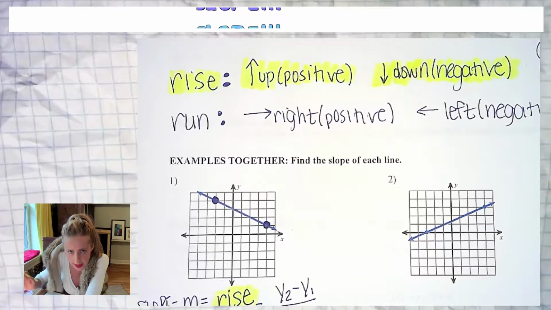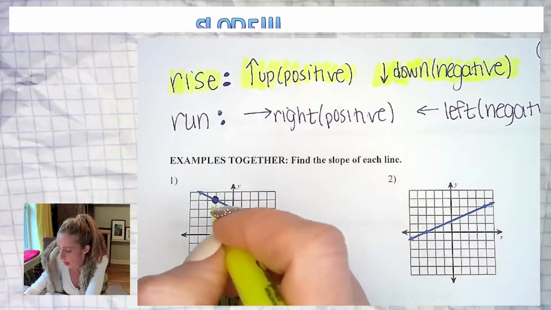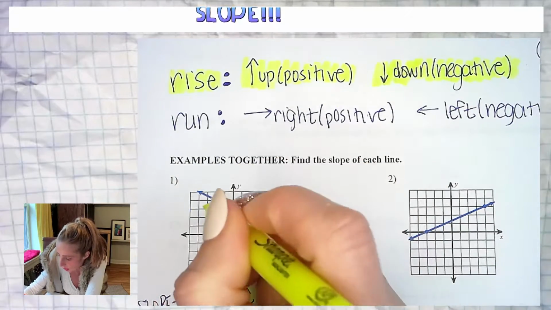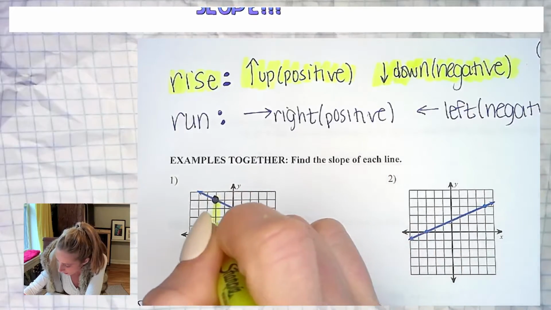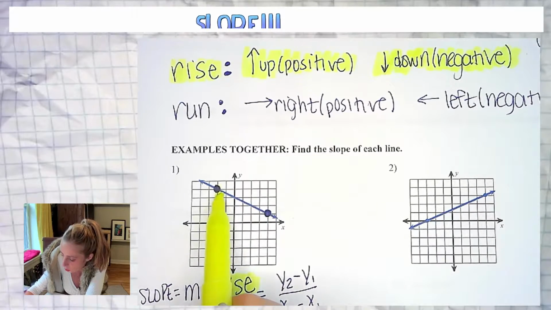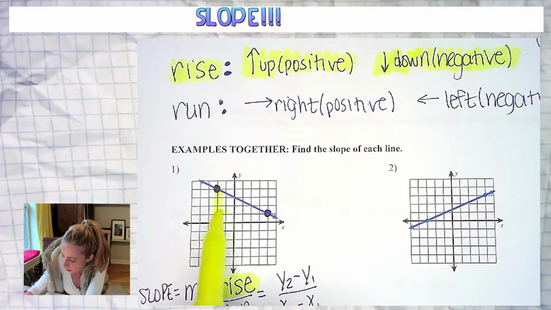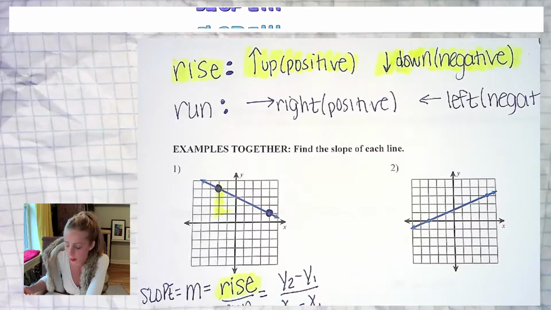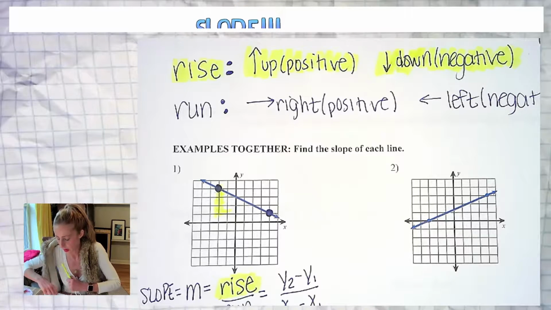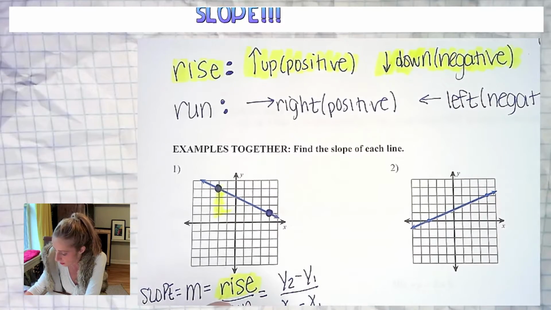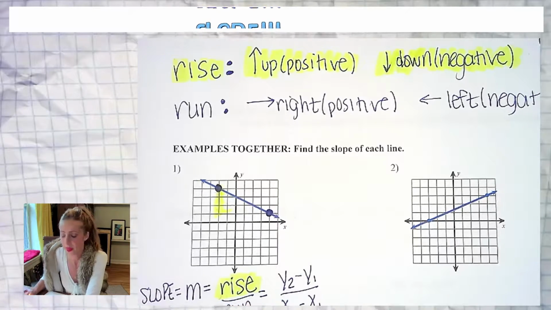I like to go from left to right, the way we write our name, the way we read. So I'm going to go from here to here. If I start here, how much do I rise? I know we're not rising if we go down, but you know, we use our imaginations here. So how many boxes, if you could count, 1, 2, 3. So what number should I write over here in this little yellow blob? Well, I said I went down for my rise. I didn't go up, I went down, and I went down 3. So I'm going to go ahead, I'm going to say m equals, so far I have -3 over,